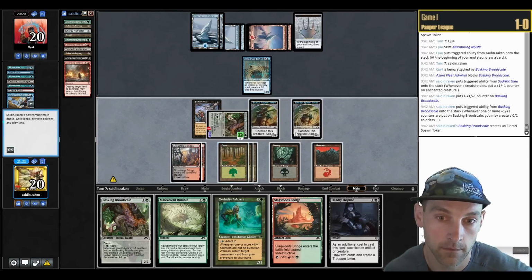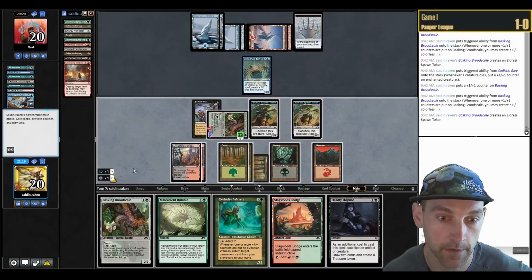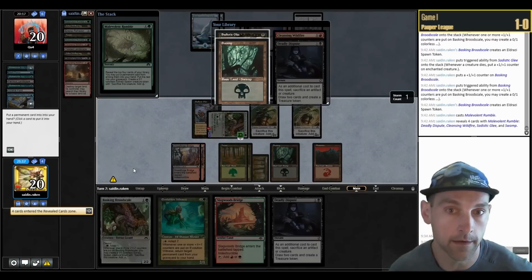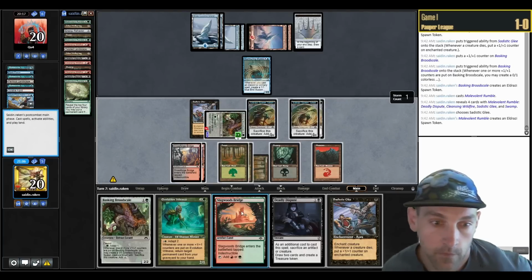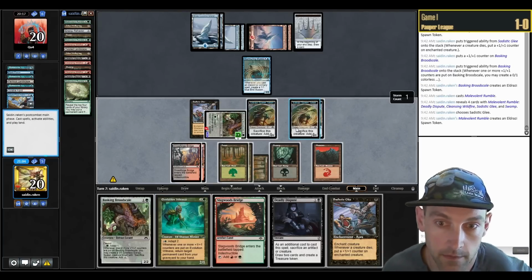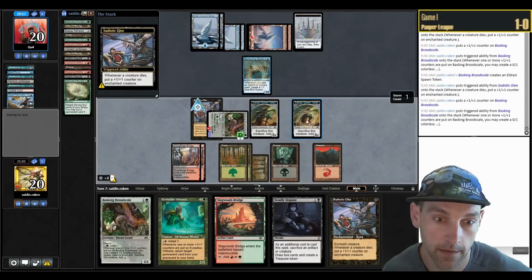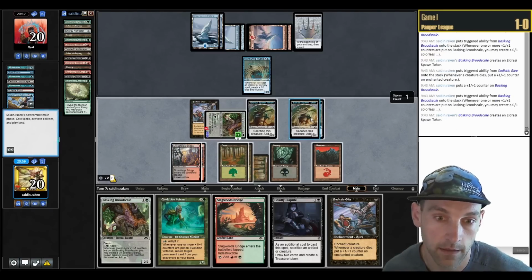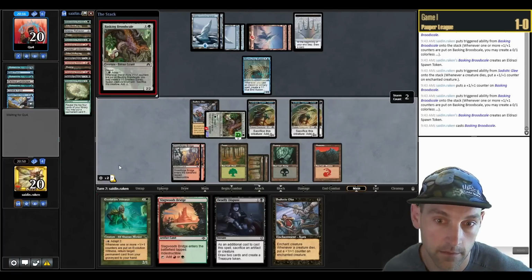So let's sacrifice, make a green, cast Malevolent Rumble, finding another Glee. Okay. So we can make 2 really big creatures. Let's go make some mana with the spawns, and then we can play the other Broodscale, and then our opponent will counter the Glee. Broodscale. And then maybe I can